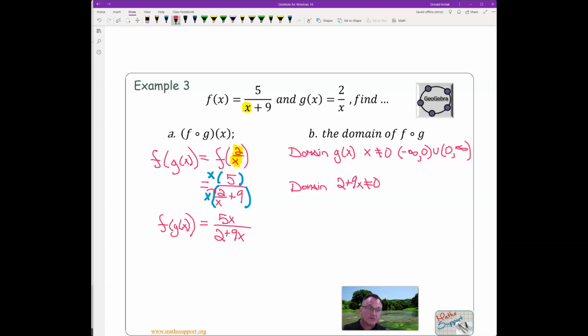Okay, so I subtract 2 from both sides, divide by 9, and x cannot equal -2/9. So I can say my domain of the composite